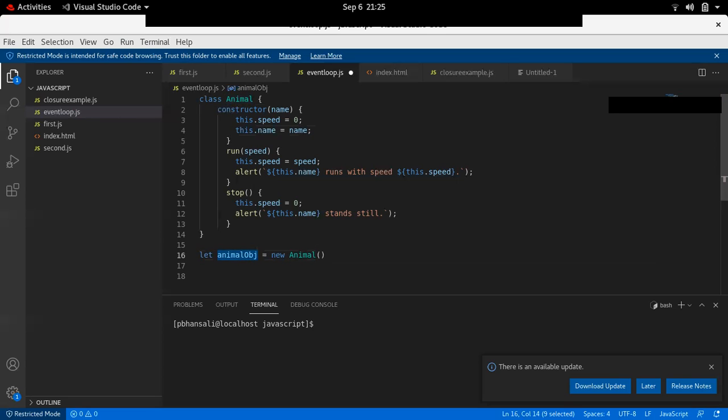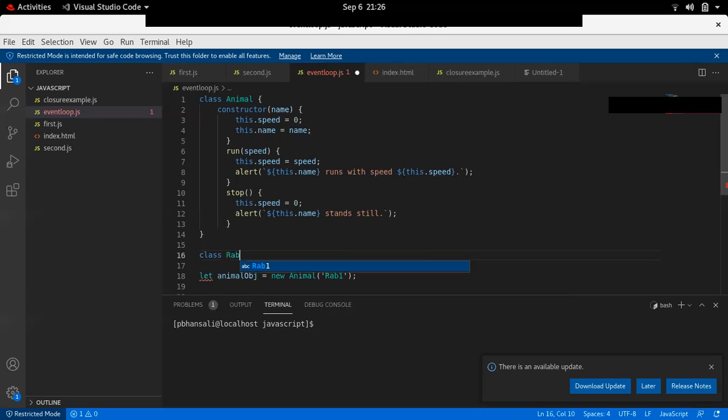In equals to new Animal, you check the constructor, how many things are there in the constructor. Here it has only one thing, name. I will pass one variable, that is rabbit, or whatever you want. So this is now an object of Animal. Now I will make another class,